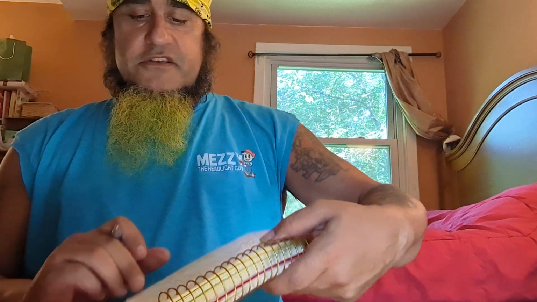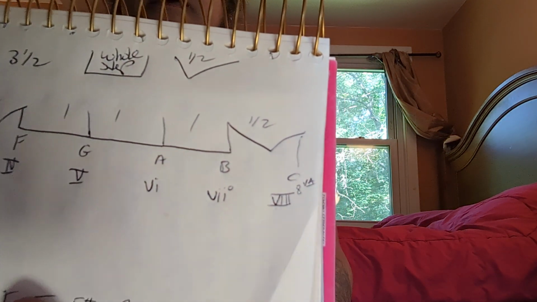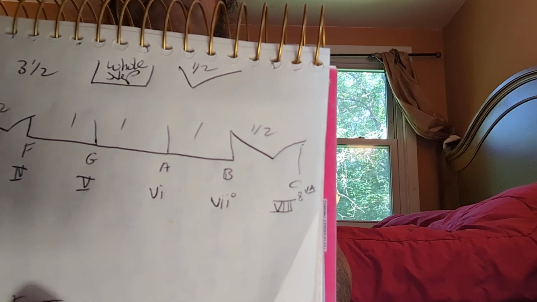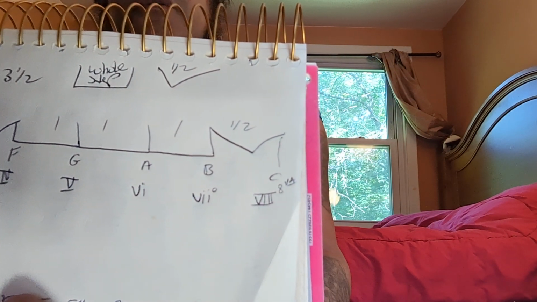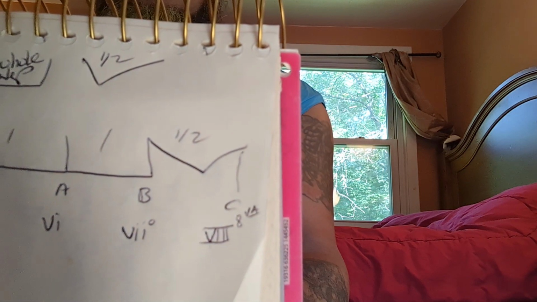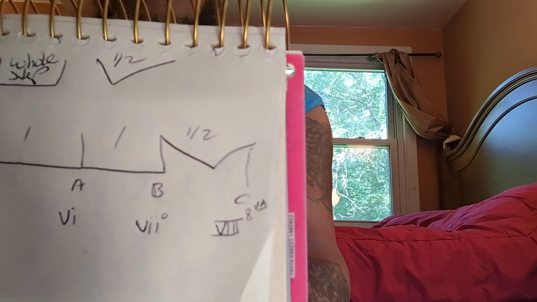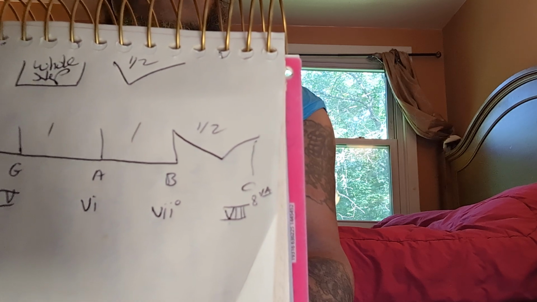The correct way to write the C note at the high end of the scale is to put it as an octave, which is 8, 8VA. 8 is the 8th letter, so Roman numeral 8. It's major, so it's uppercased. And the 8VA that you see there means that this C note is an octave higher than the one at the beginning of the scale, indicating that this scale is moving up in pitch from the C